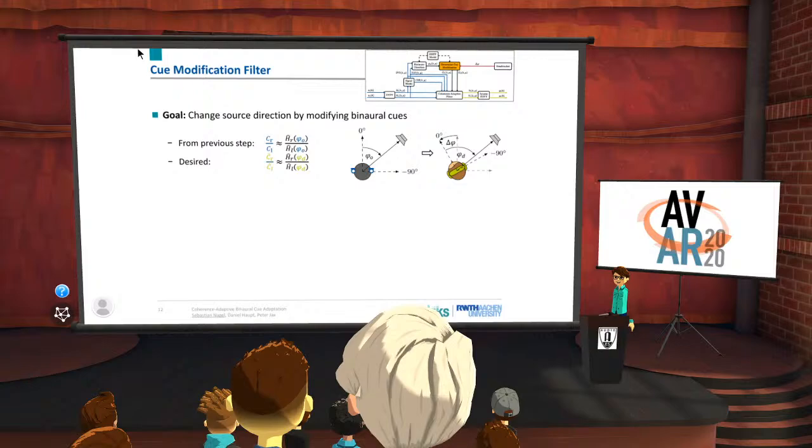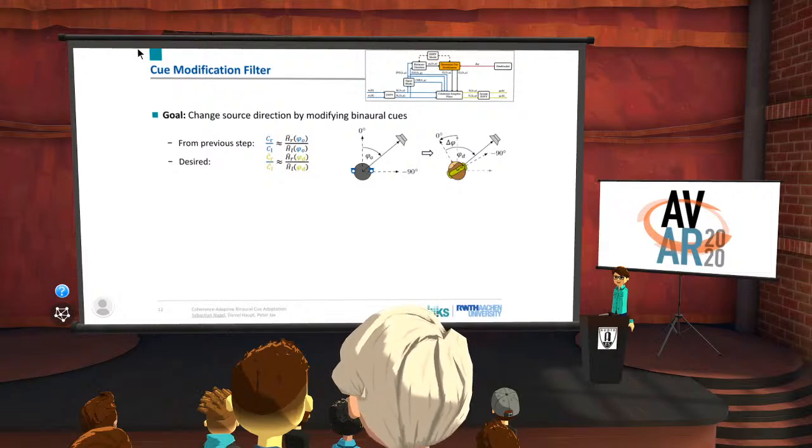So now we have some rough idea of where our source might be in a given time frequency bin, and also we know the head direction or the head rotation of the listener, and we can worry about how we can modify the binaural cues. So the goal is now to change the source direction by modifying the binaural cues, and the binaural cues are in this model the ratios of the coherent components. So from the previous step, we know the ratio of the coherent components in the input signal corresponds to the ratio of the HRTFs for the original angle, and we can use this original angle to calculate the desired angle with the head tracking information. And then we can again have a look at the HRTF model and find out what are the HRTFs or the binaural cues for the desired location, and that's the